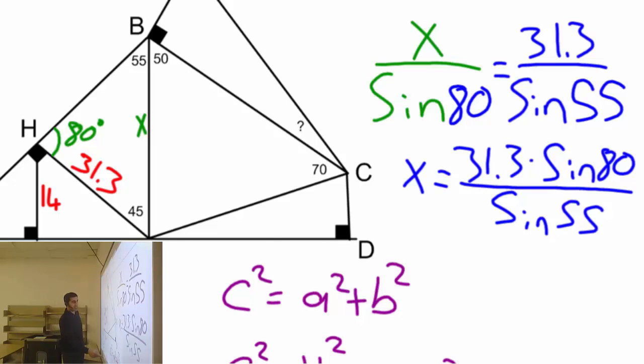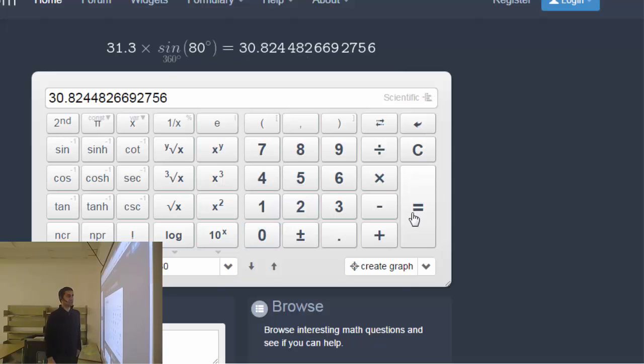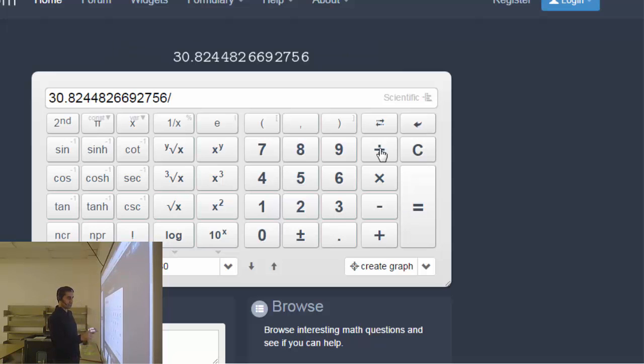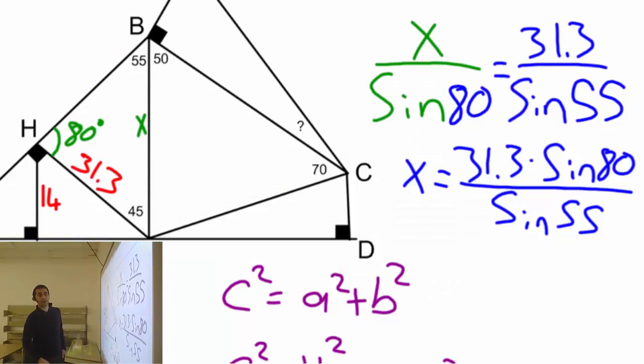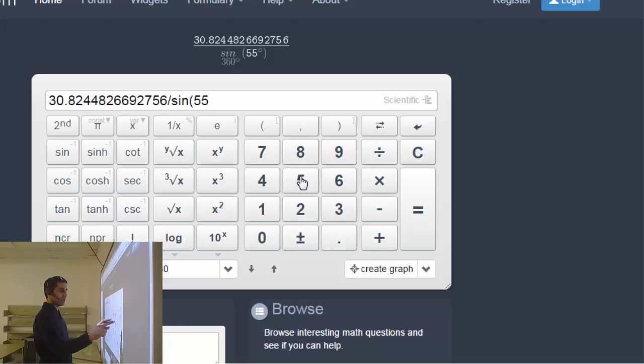31.3 sine 80. 31.3 times sine 80. And that is this. And I'm going to divide that with sine 55. So let's do that. Divide that with sine 55, and I will get